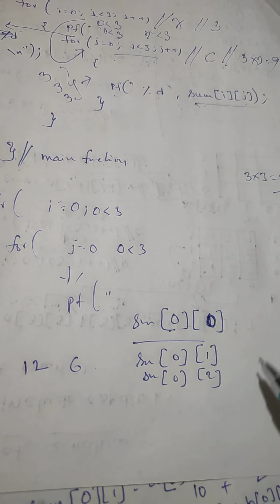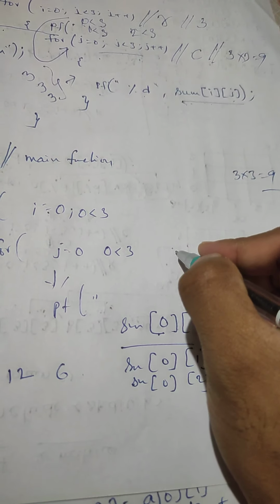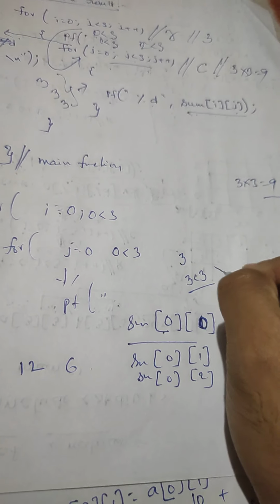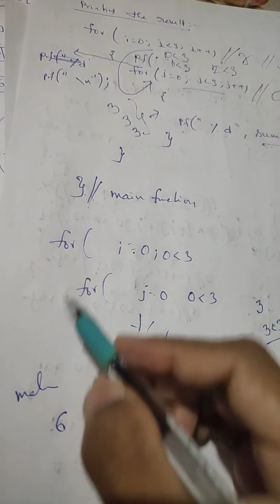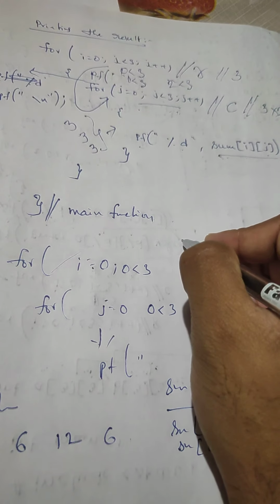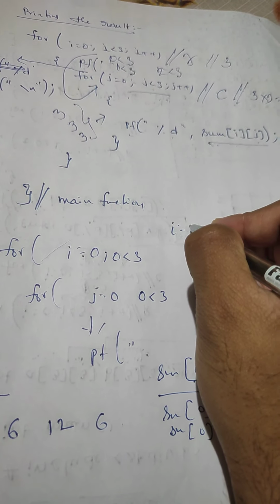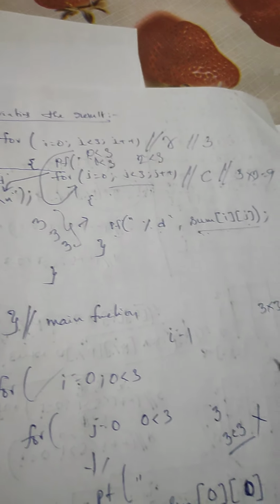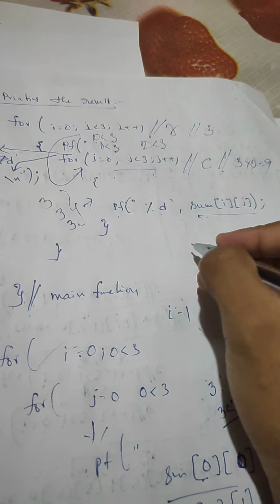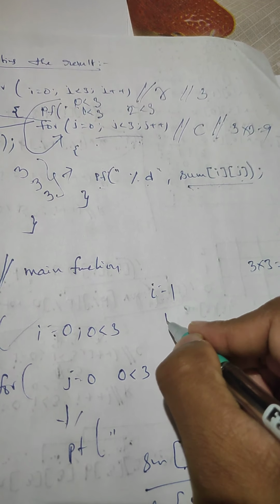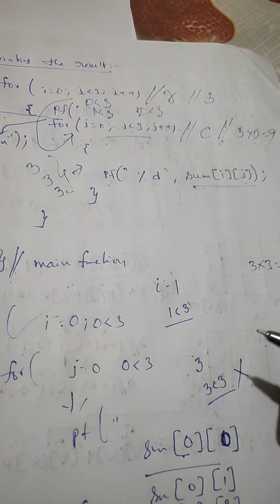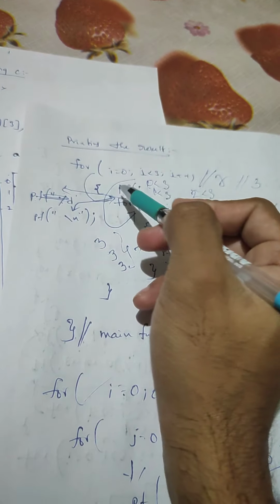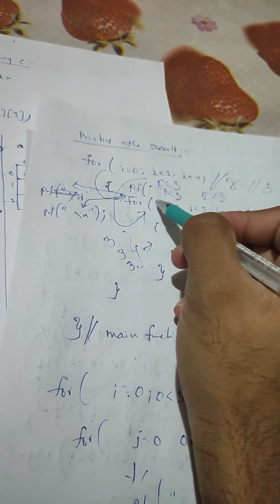So after execution of the j for loop, the j value becomes what? 3. And check the condition, 3 less than 3. It returns false. Then the controller goes to the outer for loop. At that time, what is the value of i? i plus plus means i value becomes 1. So check the i for loop. The i value is 1 and check the condition, 1 less than 3. The condition is true. Then the controller enters this for loop, and within this i for loop, one statement is there,